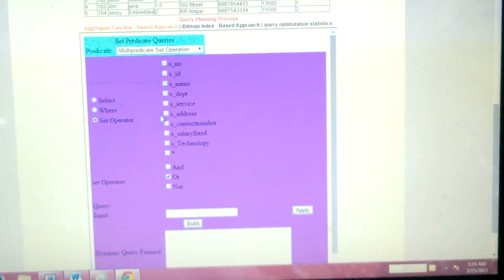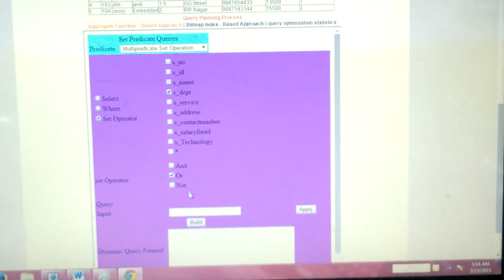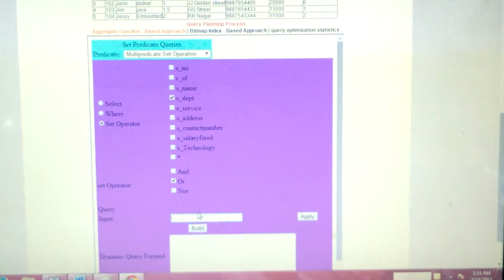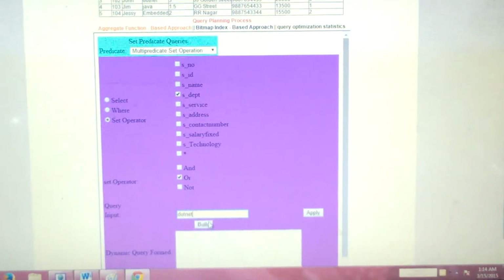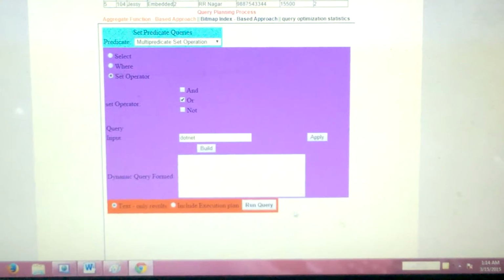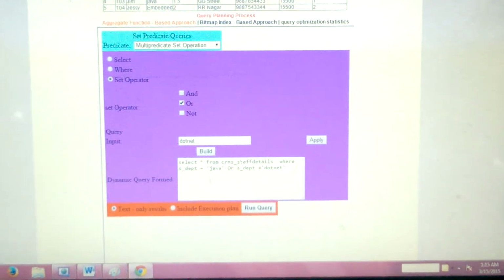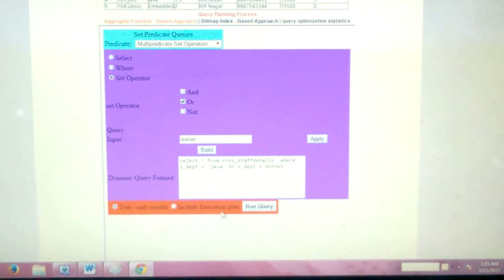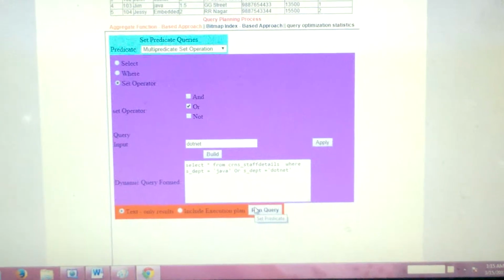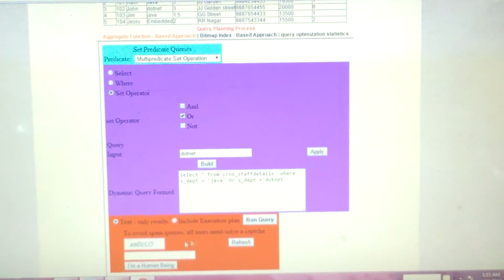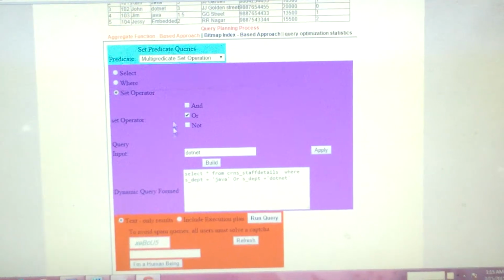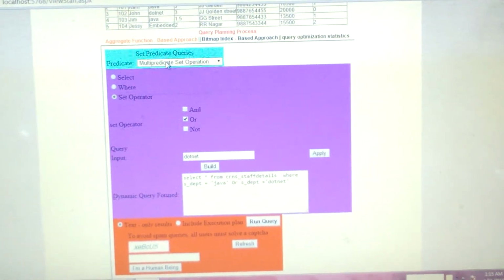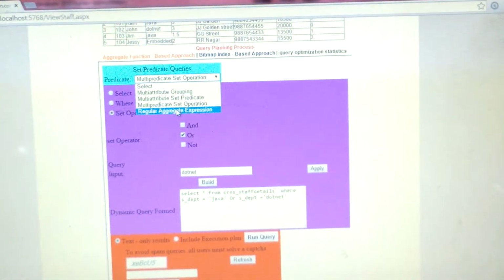Set operator has logical operators, that is and, or, not. We have to select or, and we have to select the department, and the input will be .NET, then apply, build. The query will be generated dynamically, and clicking the text only, the output will be displayed, and run query, the captcha will be displayed for security purposes. Likewise the regular aggregate